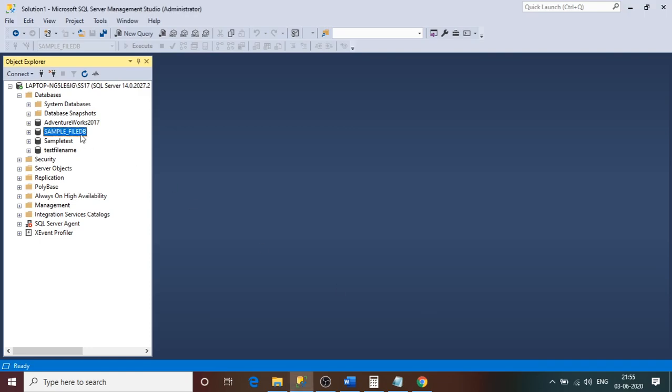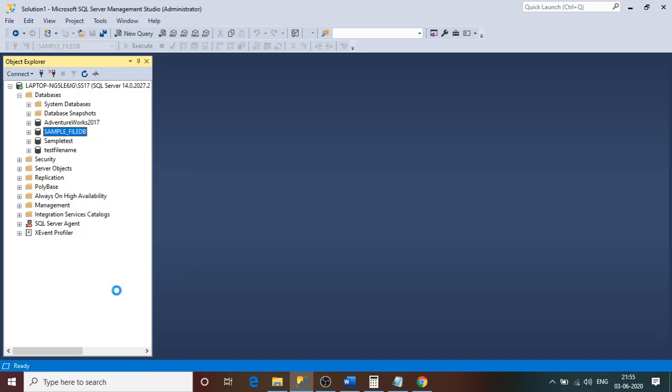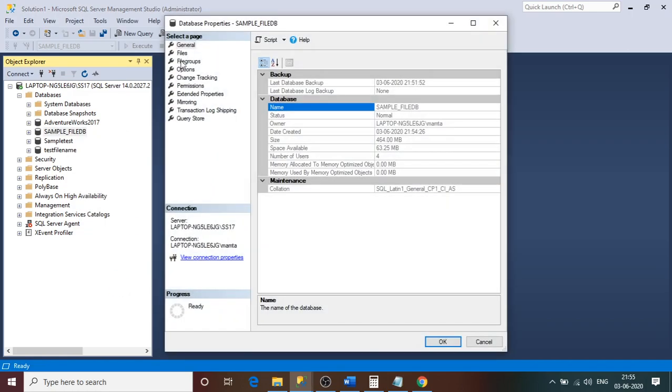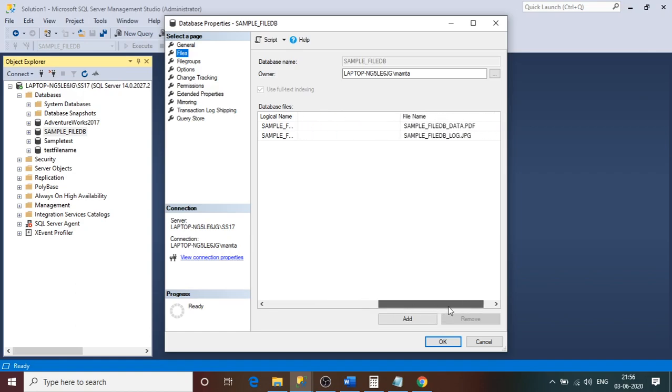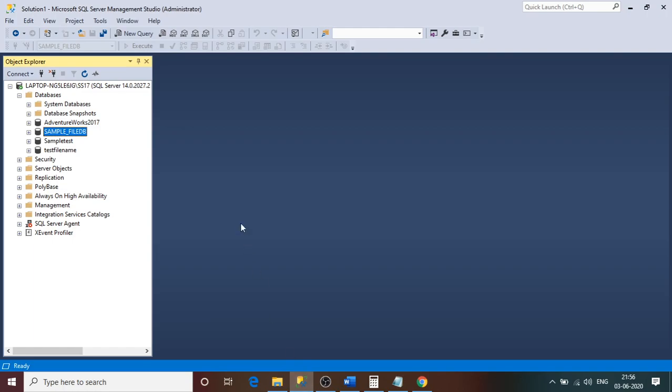And also I forgot to show you one thing. This database is restored, and if you want to check the file extension, it is restored with the same file extension, PDF and JPG. Go to that location where we had the file earlier, and it got restored with the same size, the size which we left off with. So I think you now understand that we can create a database with a different file name extension as well.